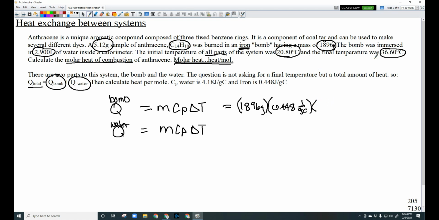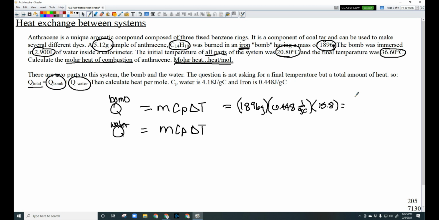And so the change in temperature, well, it says here that all of the beginning temperatures were this and the final temperature was this. So we just have to get the change in temperature. So 36.6 minus 20.8. So this is going to be a 15.8 degree temperature change. Okay, so 1896 times 0.448 times 15.8. It's going to give us,